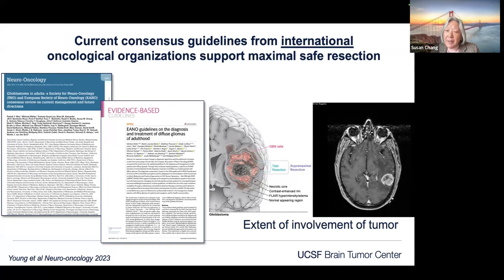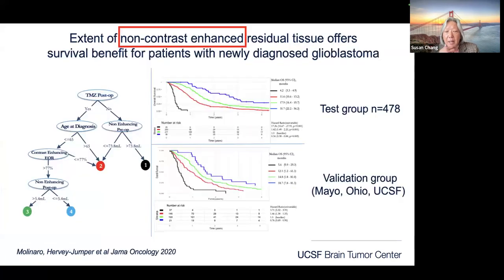And why this is important is because over time, we have previously focused on the contrast enhancing volume as the area of concern and the area to measure when we are thinking of patients enrolled in clinical trials and also for prognosis. But the extent of involvement of the tumor is now characterized by both the contrast enhancing and the non-enhancing tumor volume as well. And this is some of the work done by Annette Molinaro, Harvey Jumper, and the team at UCSF,